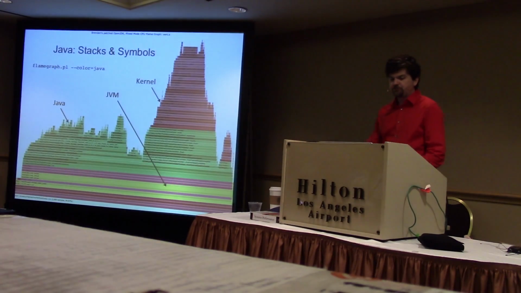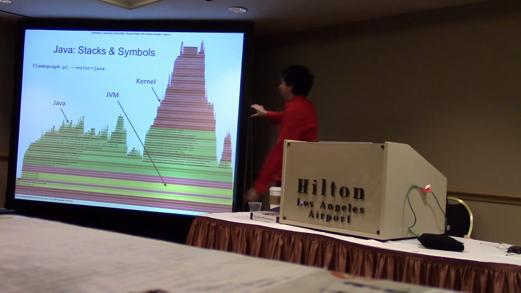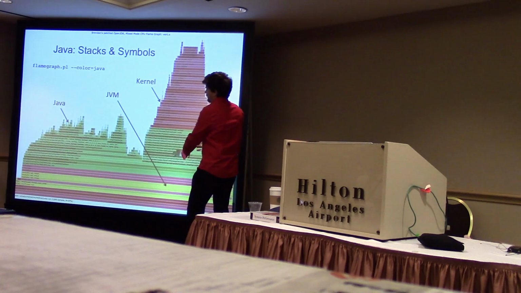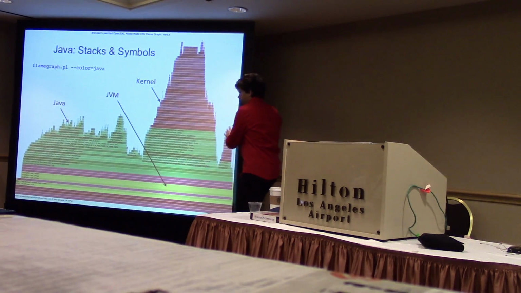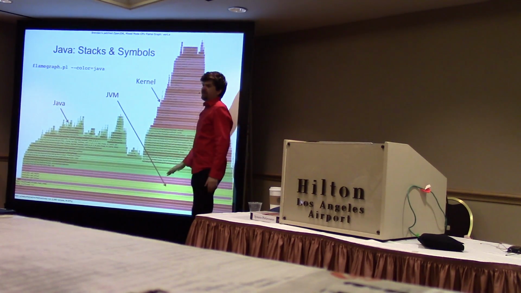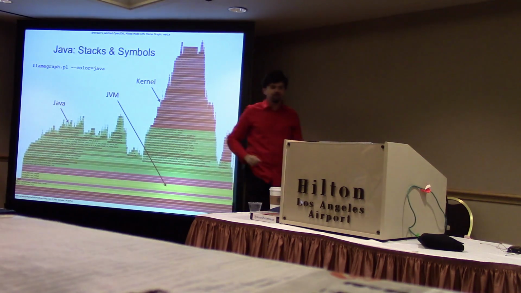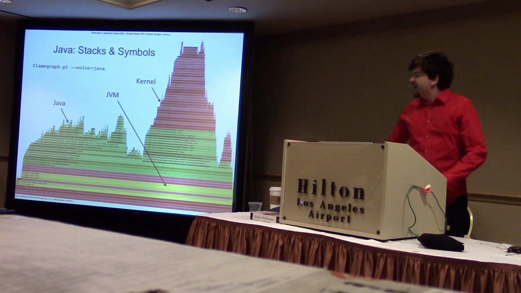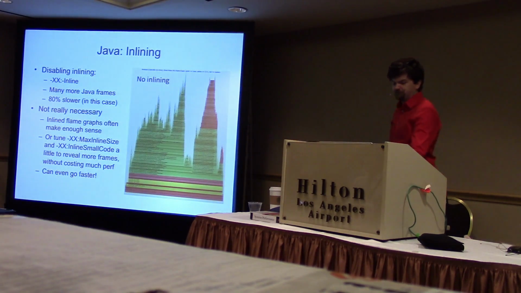translation file. And then, voila, we get the beautiful flame graph, which has, this is the Java code we're running, this is the libc code and lib whatever and JVM, and here's the kernel code. And you have all of the context, so you can properly understand, why am I getting into the kernel there? Here's my Java code, and that explains why. This is a flame graph with the Java palette, which just highlights that.